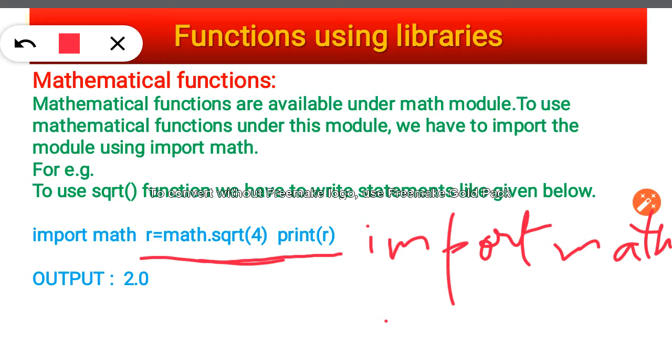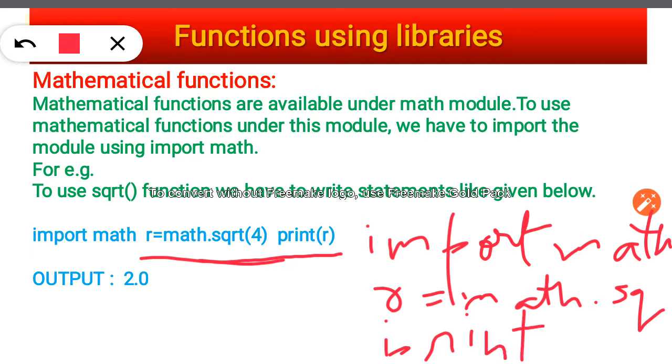These are the 3 lines you have to write. I hope this is clear to you all. SQRT in bracket 4, and then in the next line print. So when you run this program, you will get the output as 2. Hope this is clear to you all.